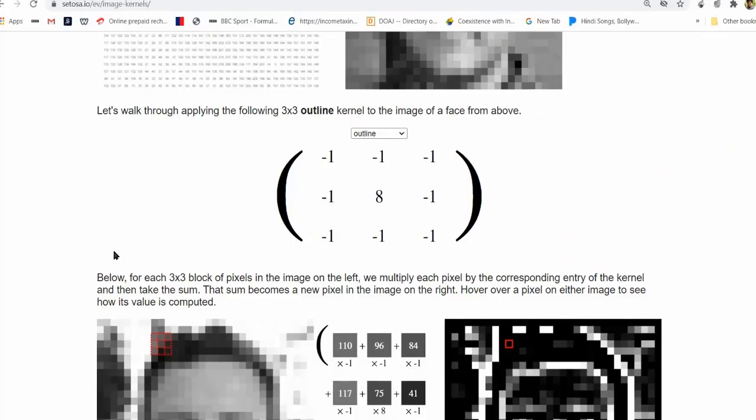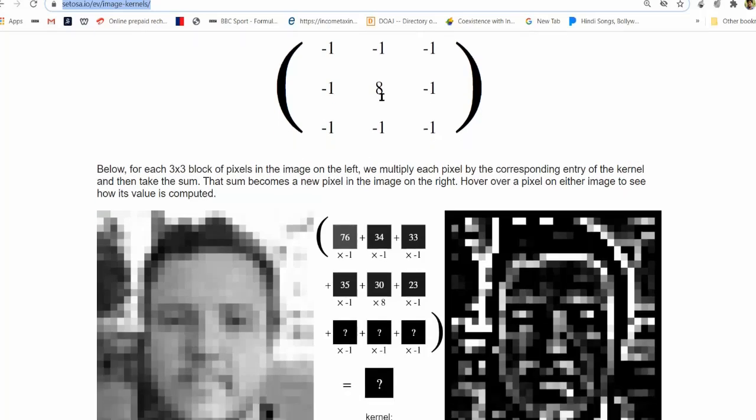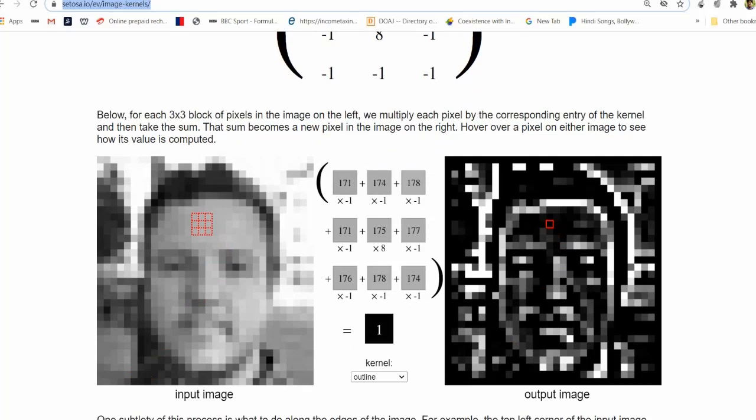Let us visit this website again to see the effect of using the filter. So Statostar.io, this website. I'm using this Laplacian mask with 8 at the center, so the center pixel value is multiplied by 8, and all surrounding values are multiplied by -1, and then we take the sum of products. Let us see what happens with this filter. I keep the filter mask here on the forehead, and you can see the pixel values are similar.